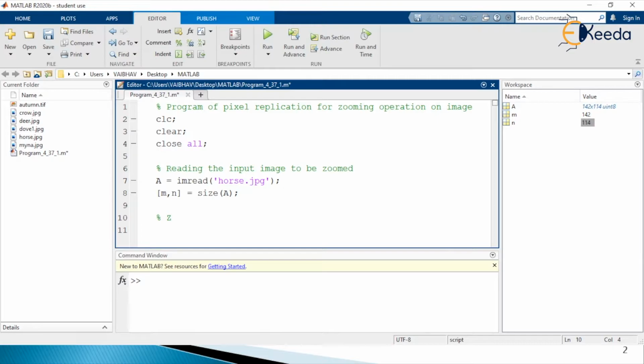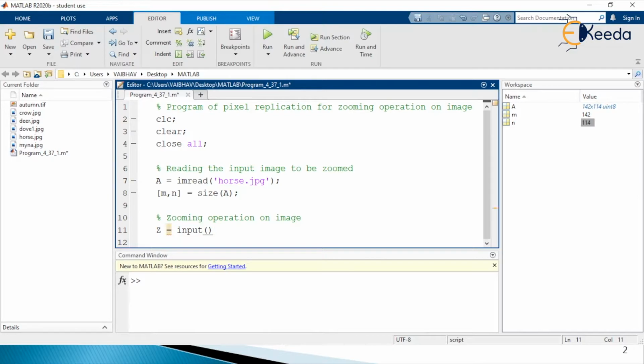So to modularize, I will provide a comment here: zooming operation on image. I have discussed earlier also that for zooming purposes we have to set the zooming factor here. So let us have this value taken from the command window. For that purpose, we define one variable capital Z that will accept this particular value as input from the command window.